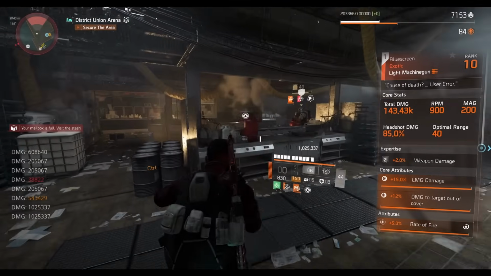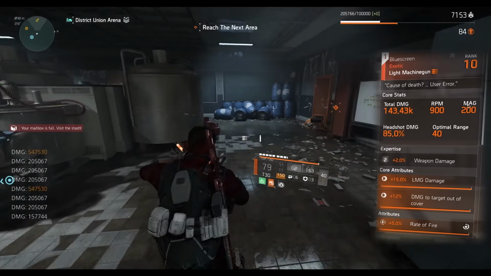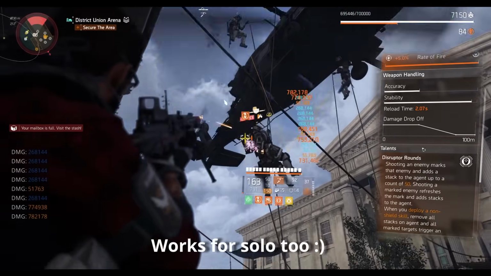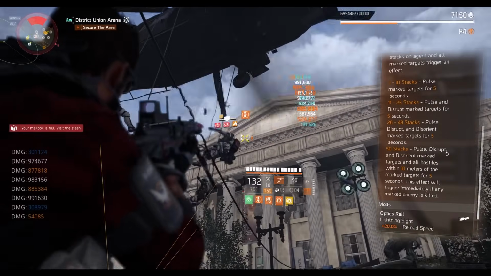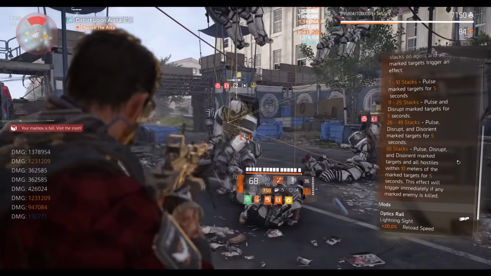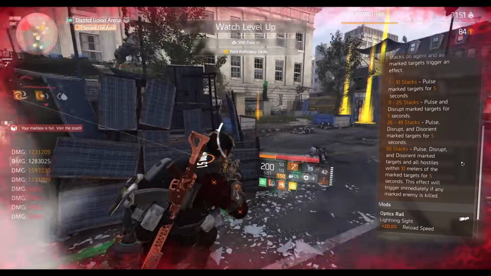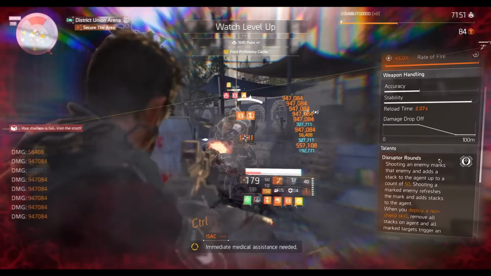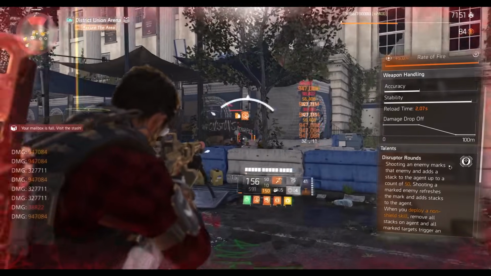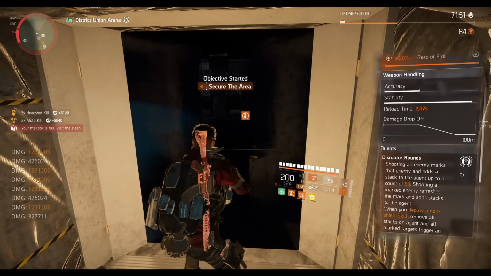But if you want to play in a team and you want to help the team, use the Bluescreen because of its disruptor rounds, which will pulse, disorient, and EMP the enemies consistently, to be honest, and you can easily hit that 50 stacks with the help of Negotiator without any issue. Now, Negotiator kills are not going to trigger this talent. Let me be clear on that. You still need to manually hit the enemies to activate this talent on them, but it's not a problem because